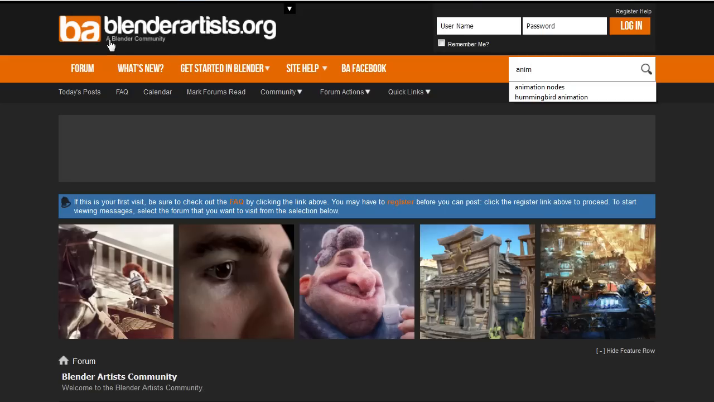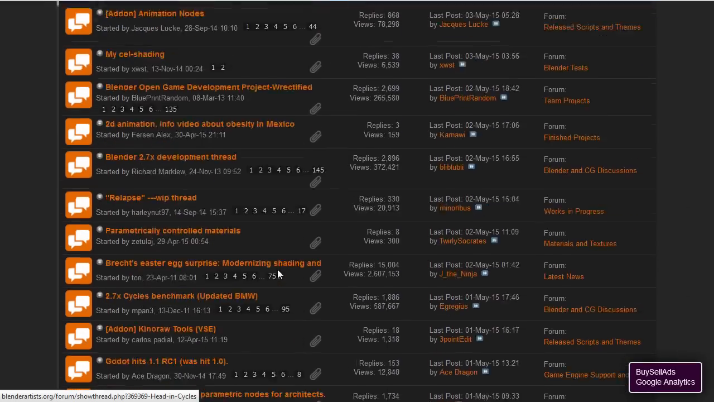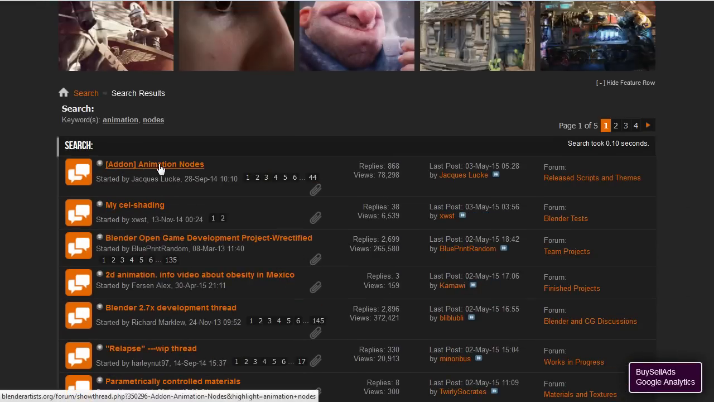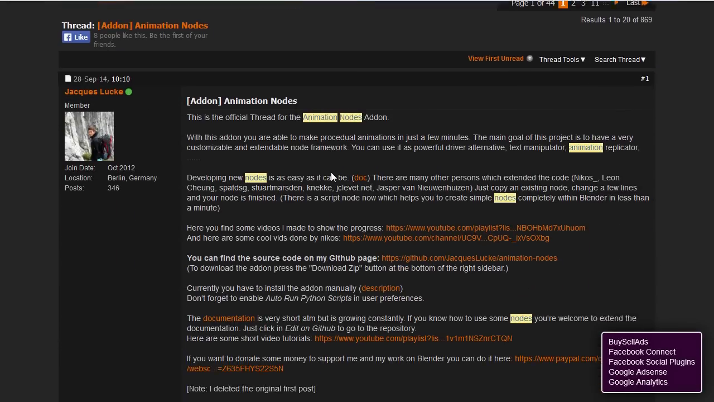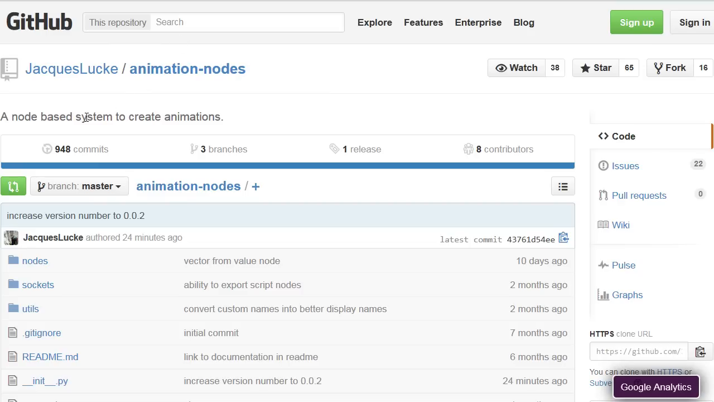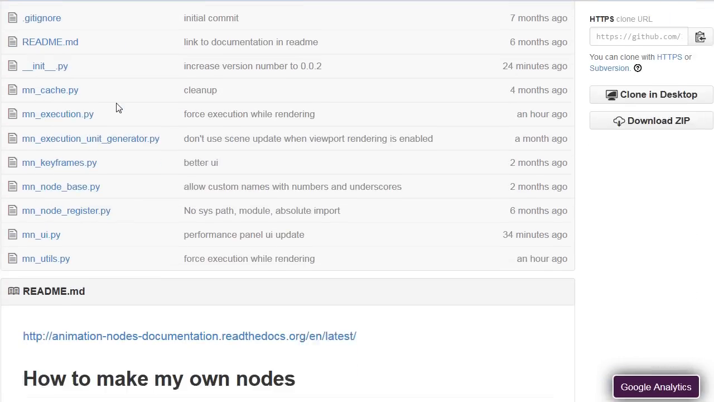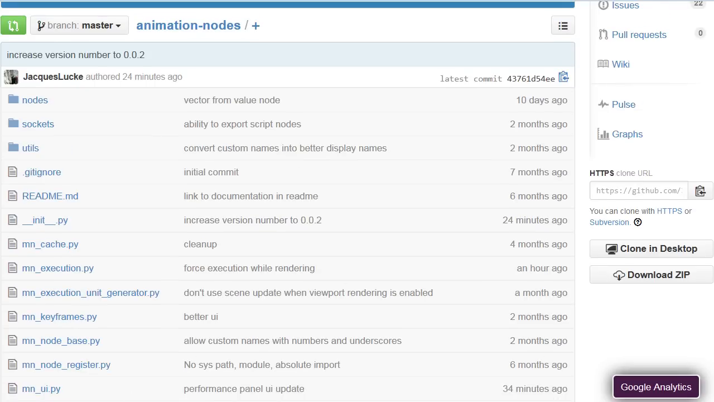If you go to blenderartist.org, you'll see this page, and if you type in animation nodes in the search field, one of the first ones, actually the first one, is going to be the animation nodes Addon by Jacques Lucas. And if you click on the GitHub link here, you'll get to the source code, and if you scroll down, you can download the zip file over here. Once you've done that,